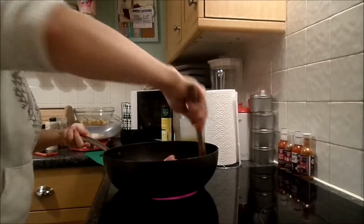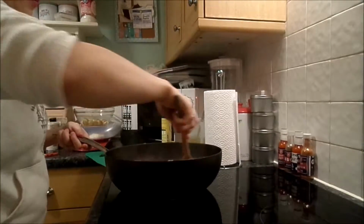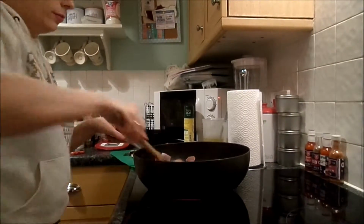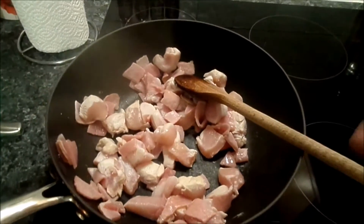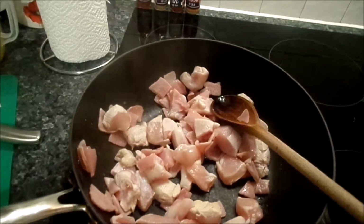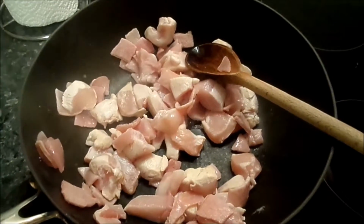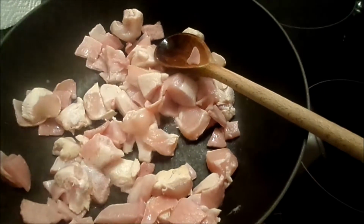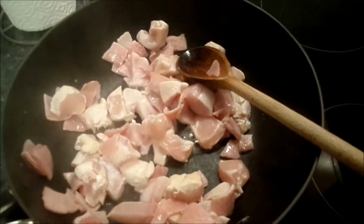The chicken's just started cooking now, so I'm just going to cook this off for a couple of minutes, maybe 5 minutes or so, till it's all cooked through. So cooking in here, I have 2 chicken breasts, so again 1 each for myself and my other half, so they are 2 smart points each. And I've put in here 6 smoked bacon medallions. I think that 3 medallions is a smart point. So far we have got 3 smart points worth of food, and then with the potatoes over there we've got